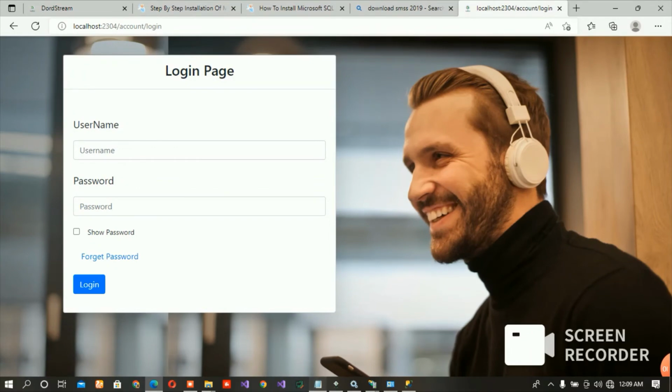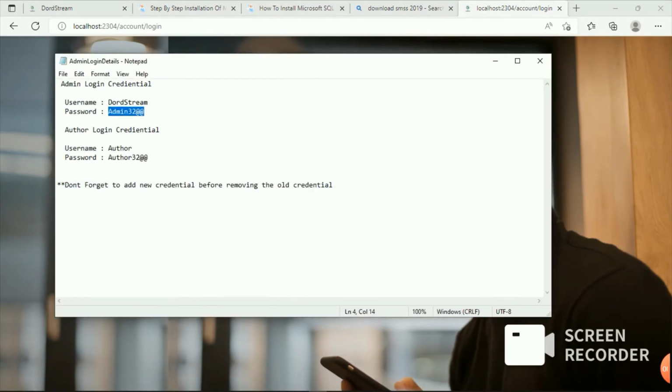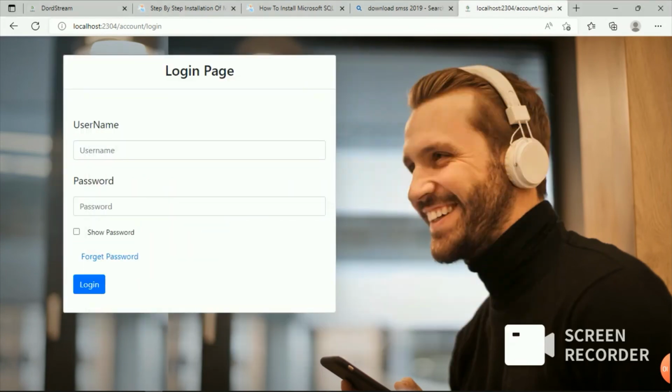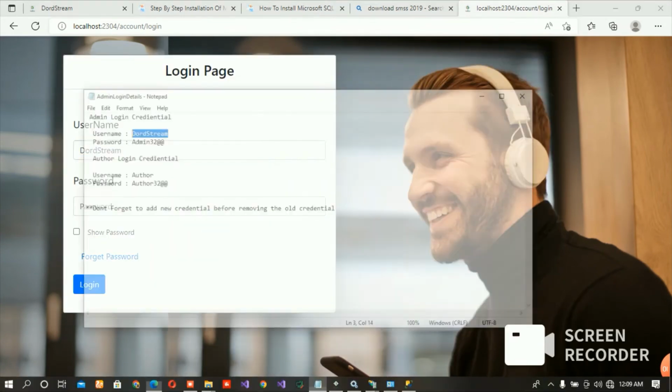This is where we'll get our login credentials. As I said, DordStream is role based, so if you have admin credentials, we have author credentials as well. This is where we'll get the username. Copy the username, come down to here, paste it, then come down to here for the